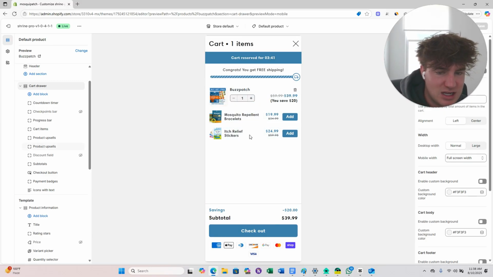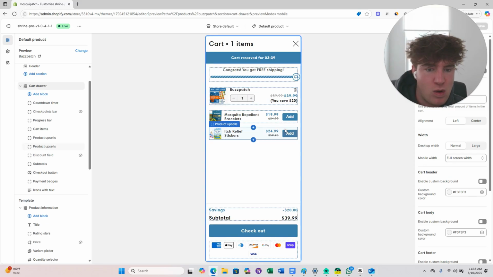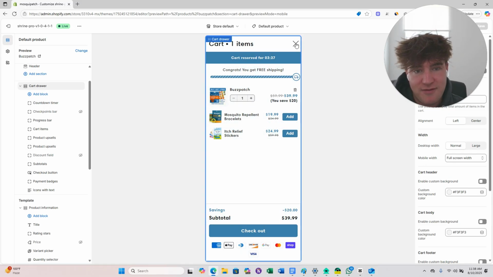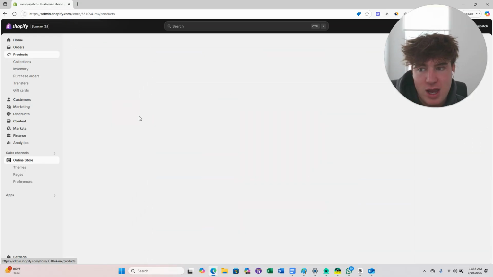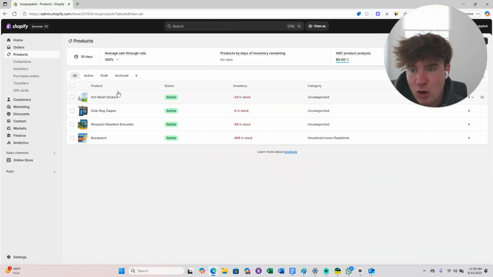An itch relief sticker is going to be something that they'll be like, oh yeah, I want that in my cart too, so I can have that as well. I'll go over to products just to show you the take rate on these products. All right, so now we're over here in our products. Out of almost 900 units I sold, 29 took the itch relief stickers,